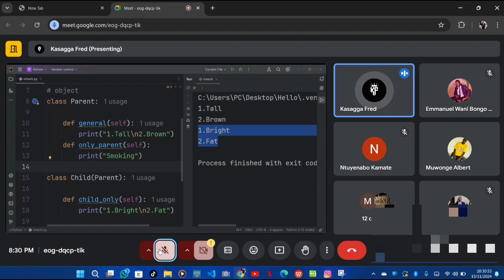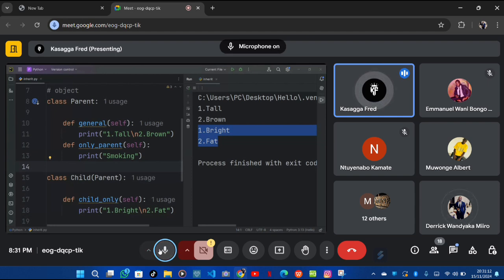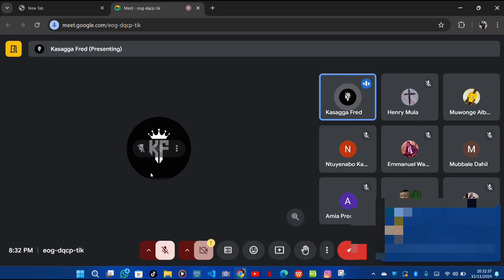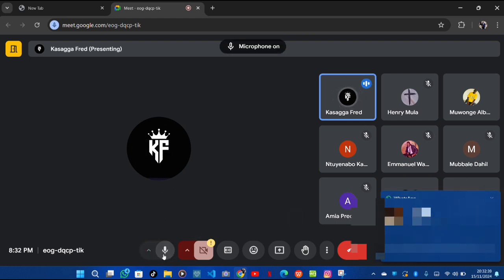So I think we are all seeing that now the parent class is having two methods. This is method one and this is method two. So the moment you say def, then you say a name, then you put self into brackets, you are creating a method. So this is for only parent. I was still talking of these two methods within our class. And remember you have connected the child with the parent. So the child can access all